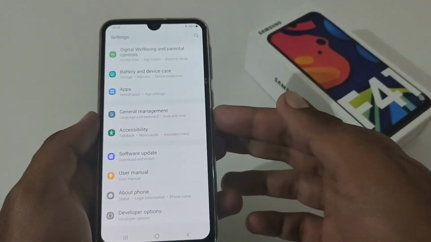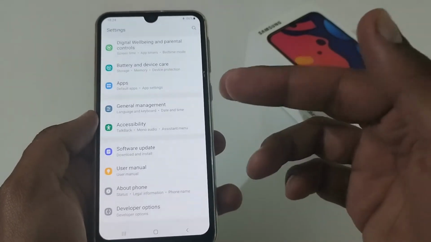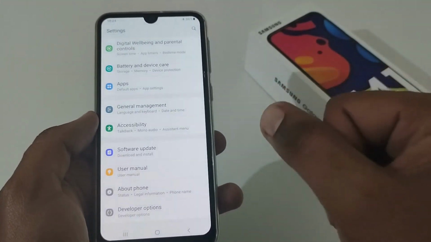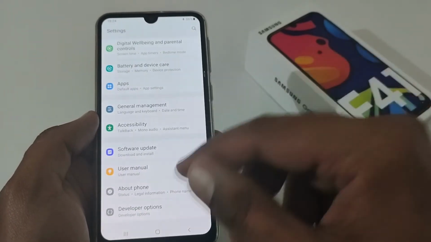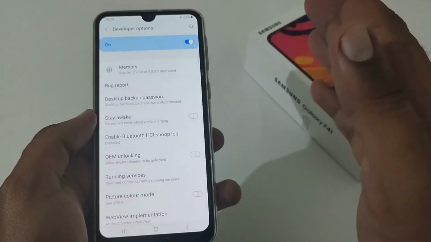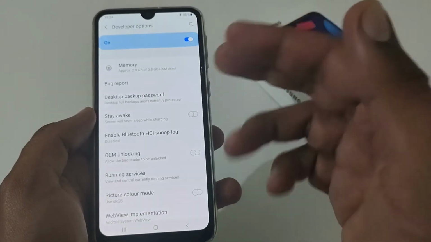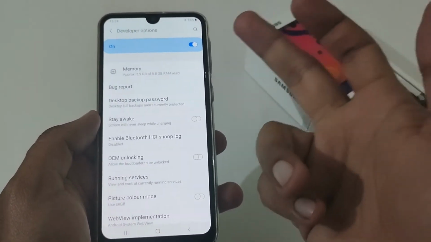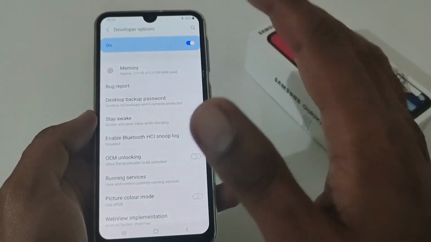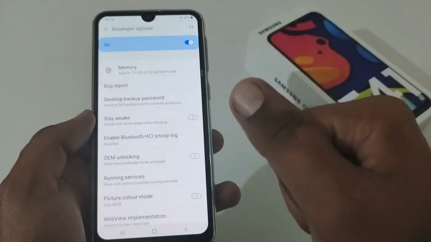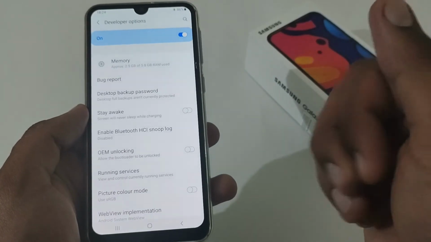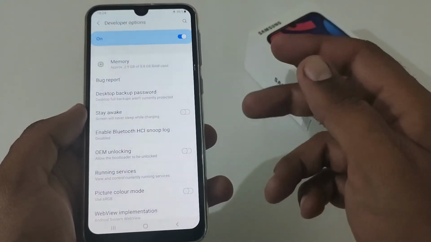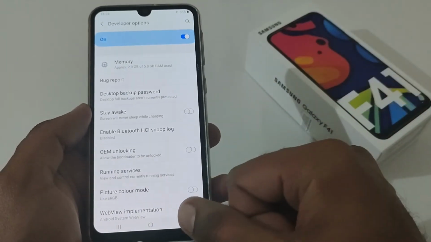So using these things you can play with developer options, but I only suggest you play with the ones that I have recommended, because if you touch any other option, I'm not responsible for that and it can have adverse effects afterward, and for that you might have to reset your phone. So I would recommend just doing what I have mentioned rather than anything else, unless you have the information, then you can go ahead. That way you will be solely responsible and you will know how to revert it.